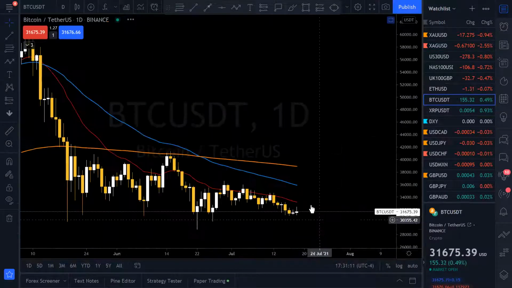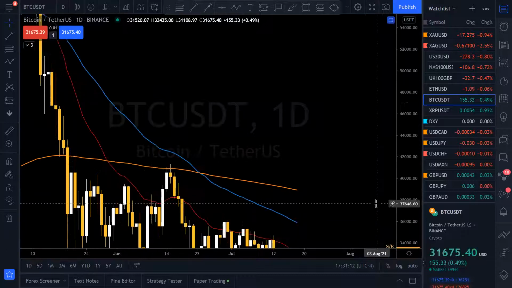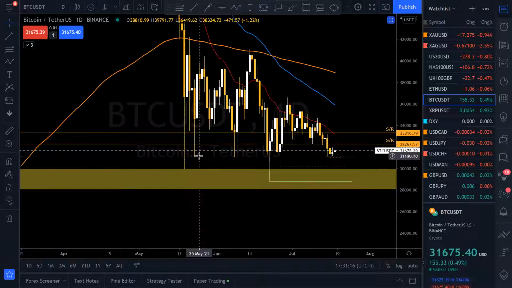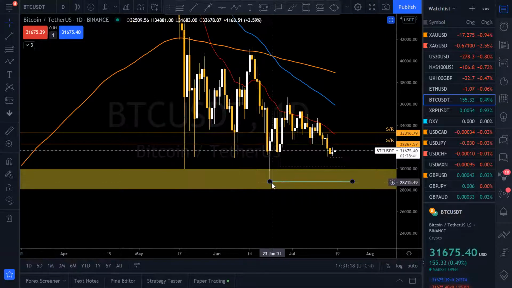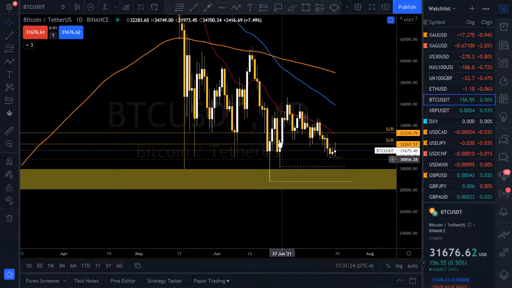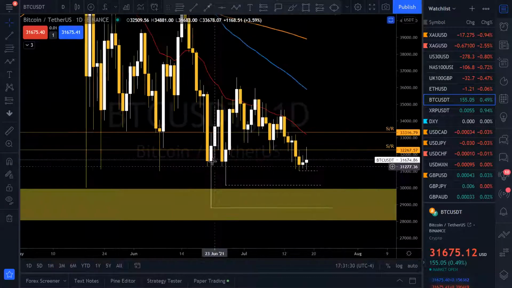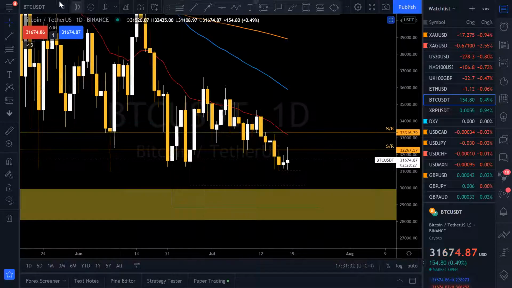Nope, Bitcoin. What do we got on Bitcoin? I'm bearish on Bitcoin. You can see all these lows got taken out. The liquidity taken to the upside. But we did come back, revisit it, and then we are back again. What am I looking at? On the daily, you can obviously see one after the other